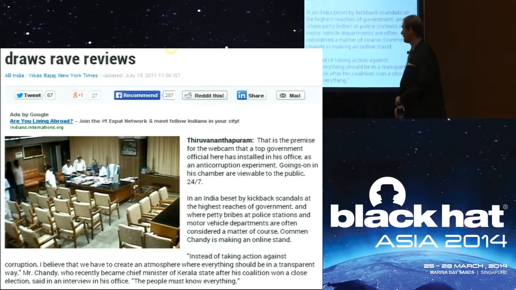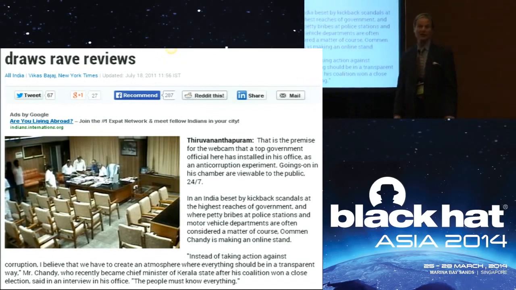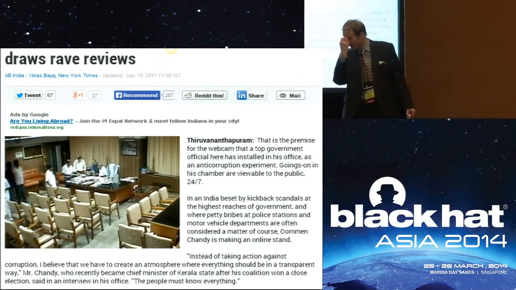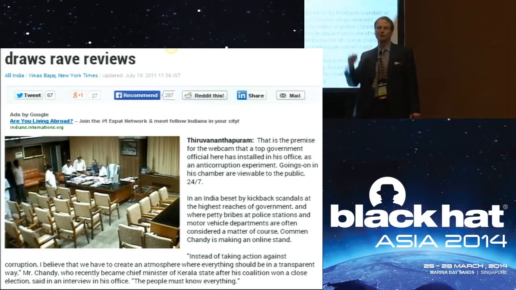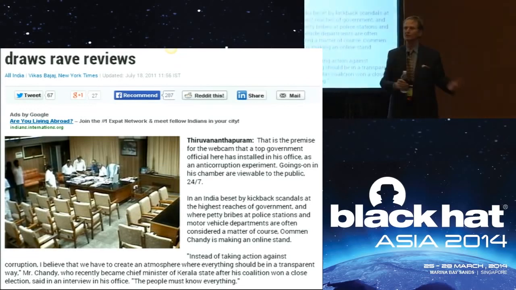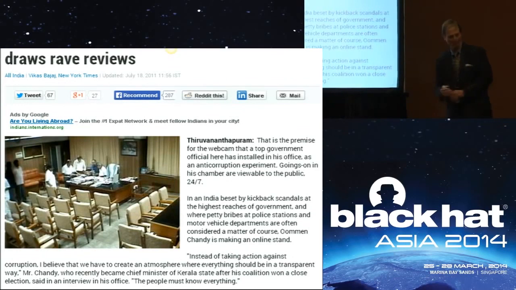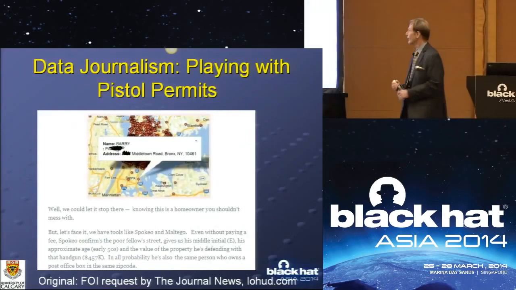Well, there's two things wrong with that. One is that you can walk to the other side of the room where there's no webcam. The other is he probably doesn't care. I have a whole sequence of photographs I captured in Times Square in New York where there's a web camera watching a complete drug deal happen, like, the money, the drugs being handed over. And they obviously either didn't know they were on camera or they didn't care they were on camera. And in fact, if you just remember the word EarthCam, if you go and Google that, you can find cameras all over the world that are pointed at stuff. But this is actually in a government office in India.